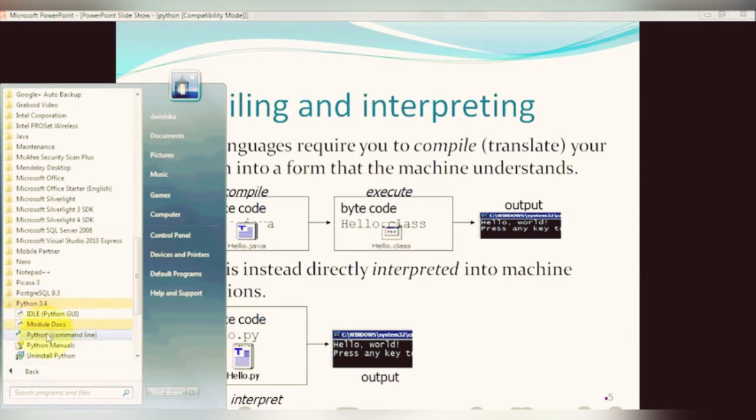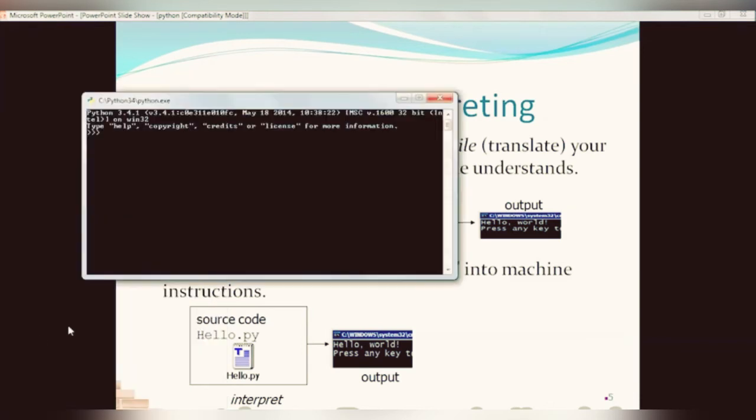There is something called Python command line, and I will click this first. This is a command line tool which you can use to execute your Python scripts or programs, right? So for example, I want to execute something here. I can just print something, so I will write print,